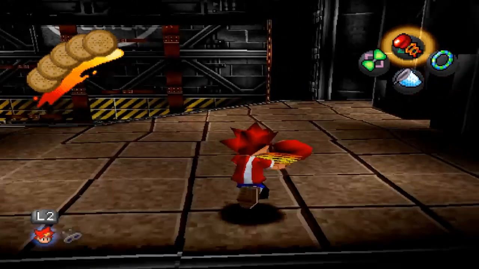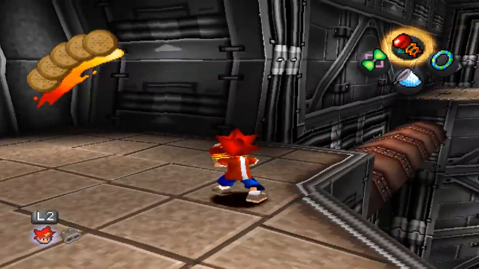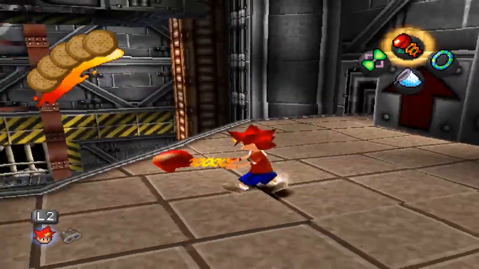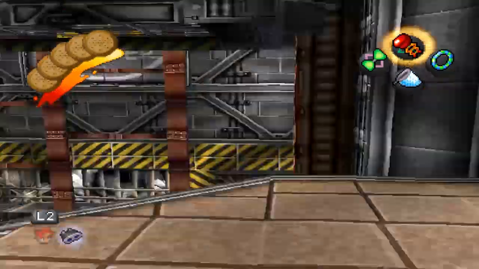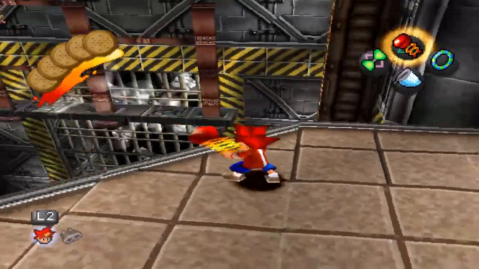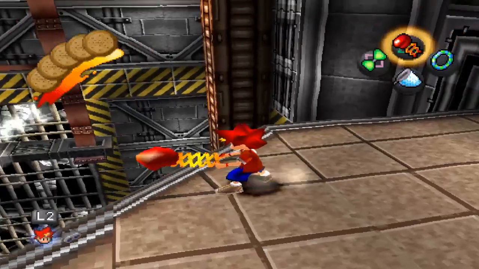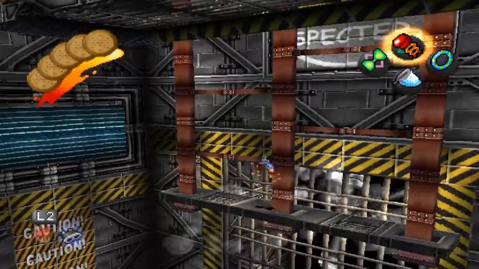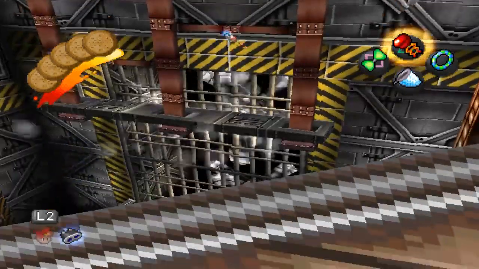I'm missing something as well, and I've forgotten what it is. Let's go over to the left again. Okay, no, there's not. This is awful. Have a look down and see if there's any switches we're missing. There's two monkeys here, and one where it says caution. There's at least three, but there might be four.